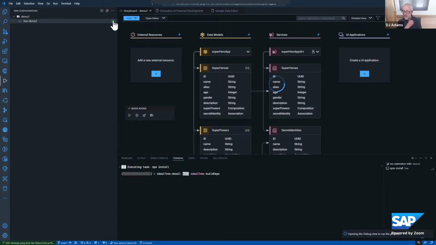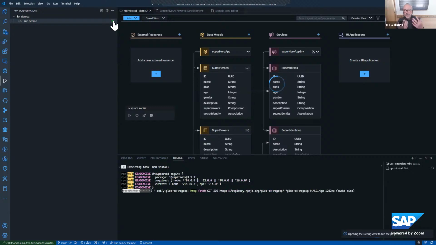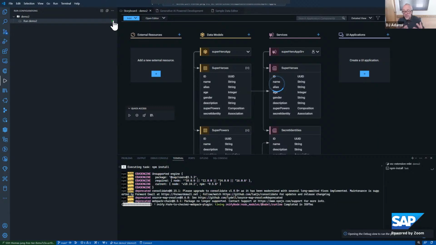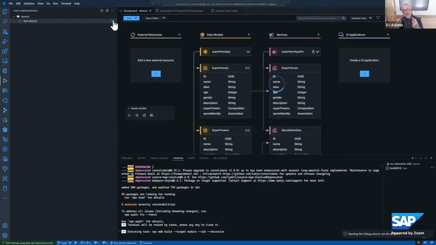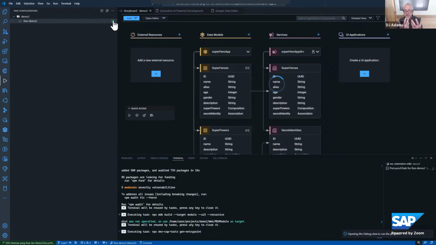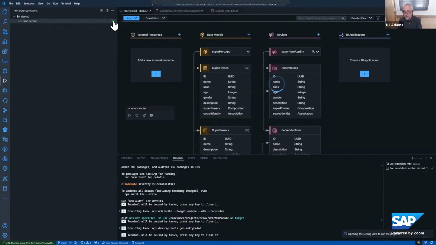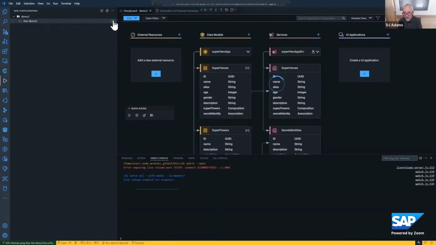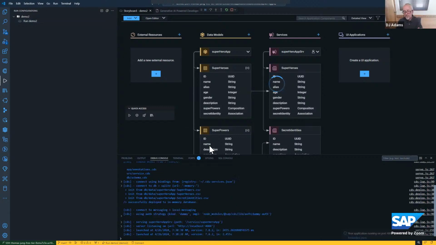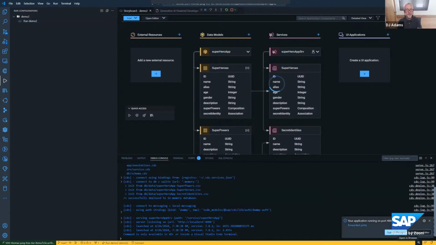Divansh says, "Is this sample data editor extension available without Joule as well?" Well, actually, it's available within SAP Build Code, and Joule is an additional feature that's joined onto that. Remember, I pressed that enhance button as well. So you don't need Joule to use your sample data editor. But if you want to enhance that and get the data generated, then of course you need Joule as well. But basically, SAP Build Code is the answer.